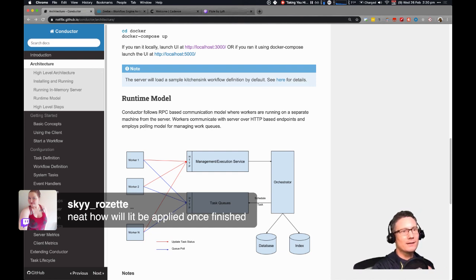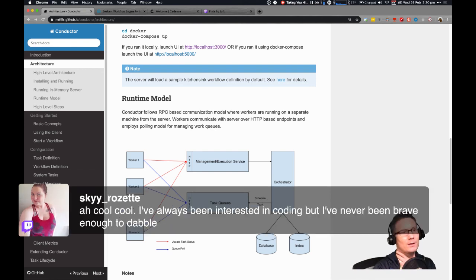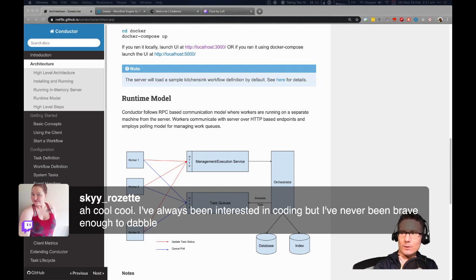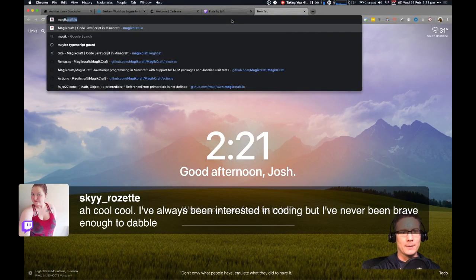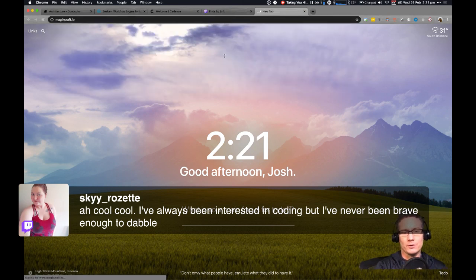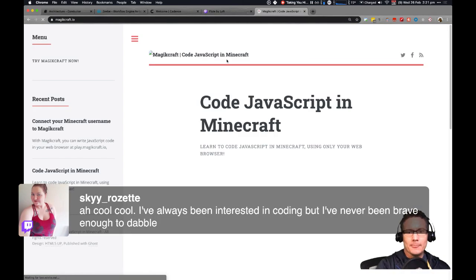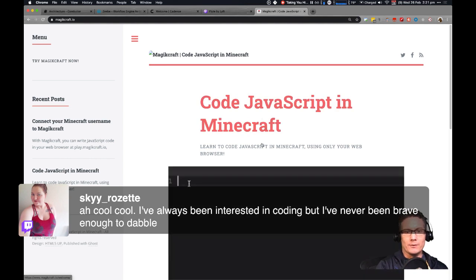Cool. The easiest way to get started with coding: if you're into playing Minecraft, I have a Minecraft platform for learning how to code in JavaScript. It's only interesting if you already play Minecraft. It's called magikcraft.io.